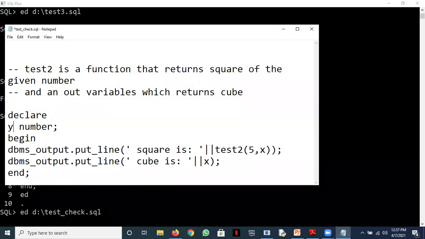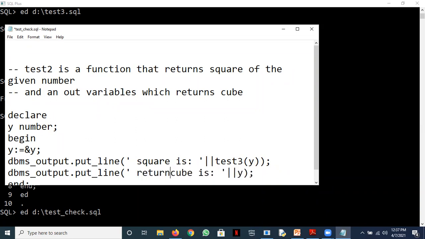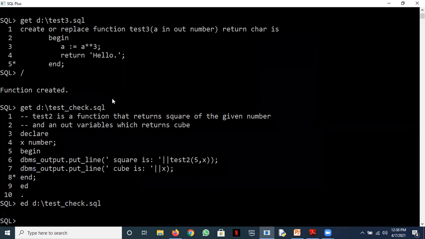Okay, so I'm using y, then I'm using y colon equal to ampersand y, then I can pass it to test 3 as y. I won't use any message here. I think this should work. I'm listing all the things for you now.